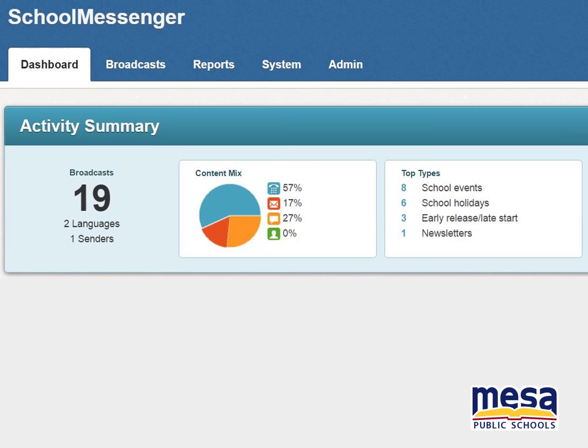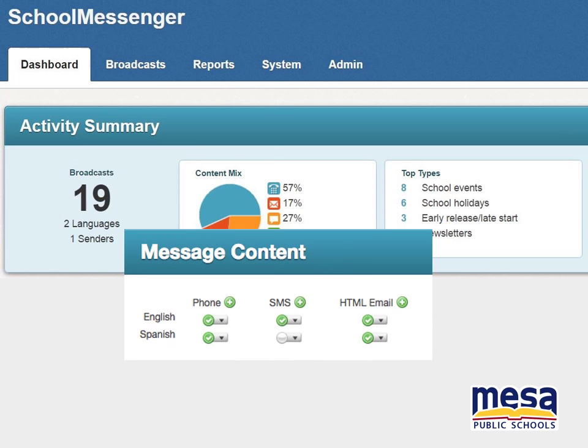This means we have to change our philosophy on broadcast types in SchoolMessenger. In the past, we set the broadcast type based on where we chose to put the content. Remember? We had phone and text, phone and email, or phone, text, and email. Well, now the broadcast types are based on the content of the message, and the expectation is all broadcasts will be sent with phone content, text content, and email content, because different parents have chosen different ways they want to